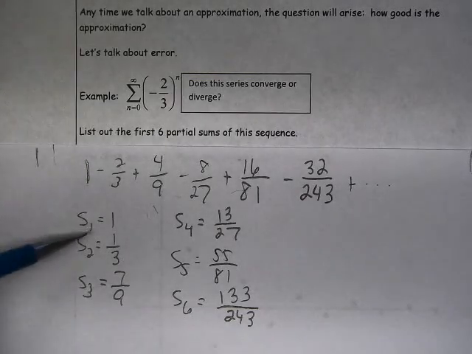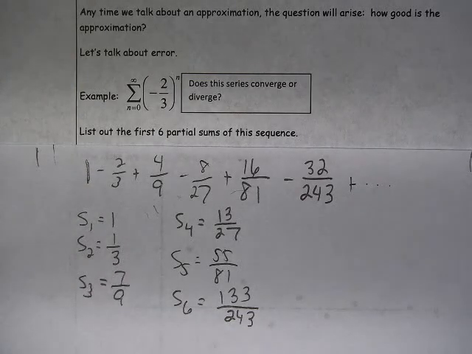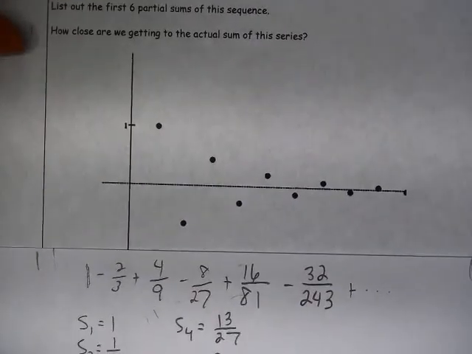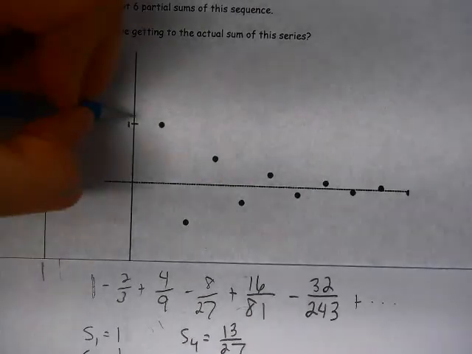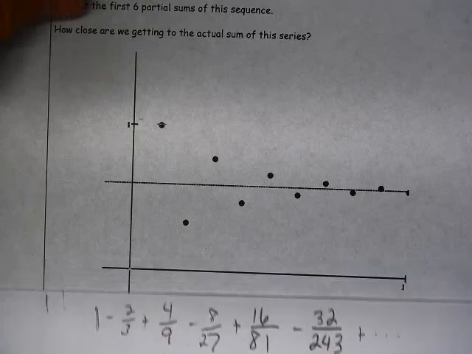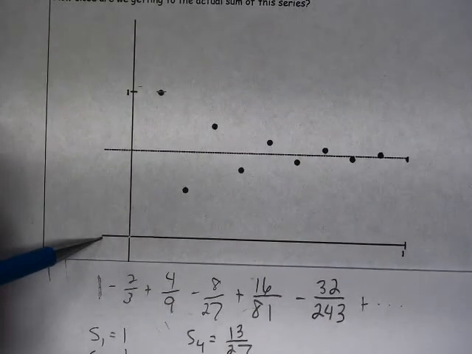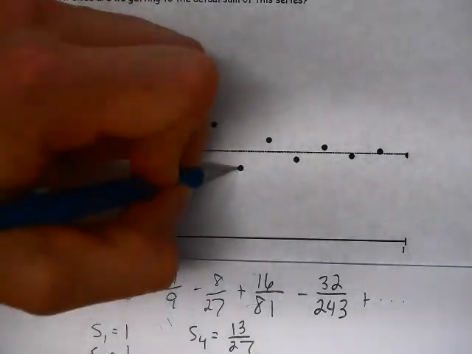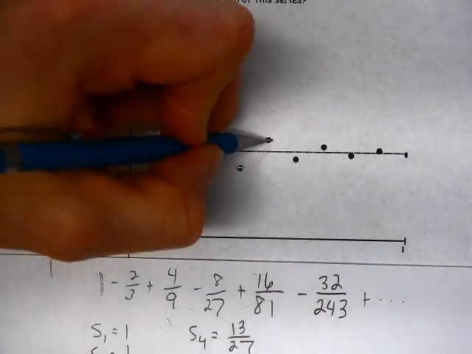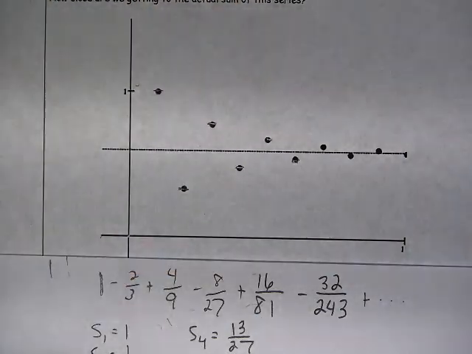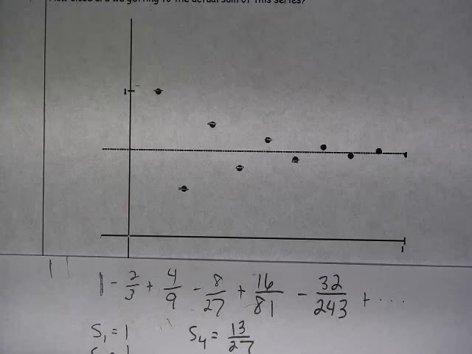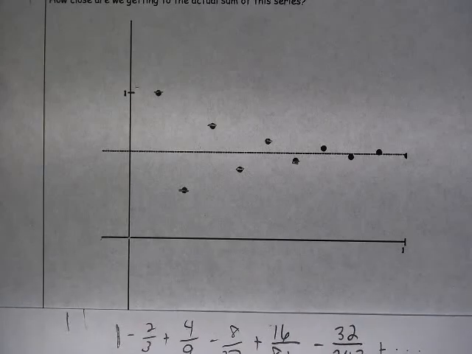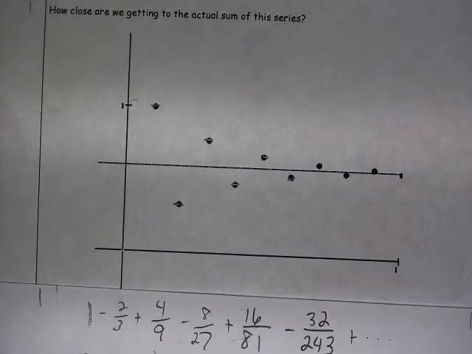Right, so it's kind of difficult to see when we just look at these partial sums, but what I've done is graphed these partial sums. So if you take a look here, here's 1. You can see the scale. My x-axis is down here. So here's 1/3. Here's 7/9. Here's 13/27. Here's 55/81. Here's 133/243. All right, so this is a converging alternating series,